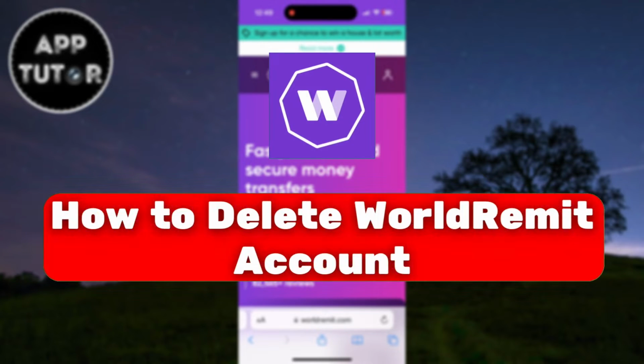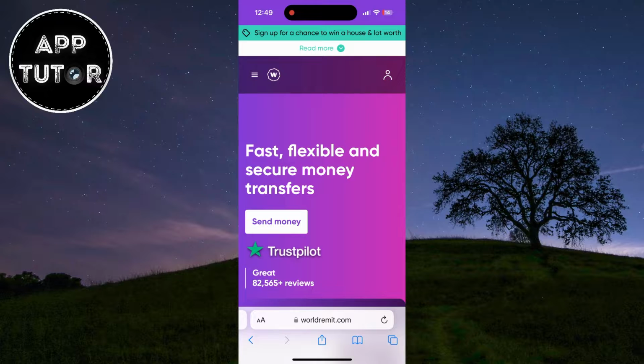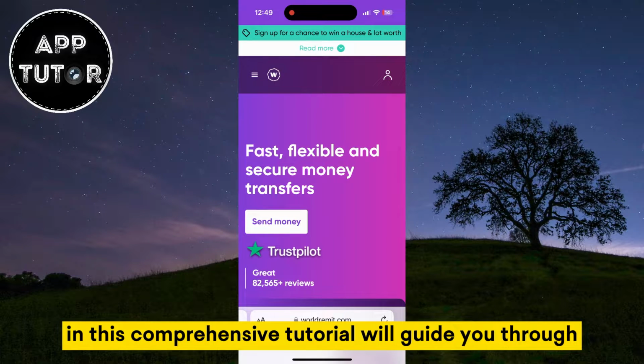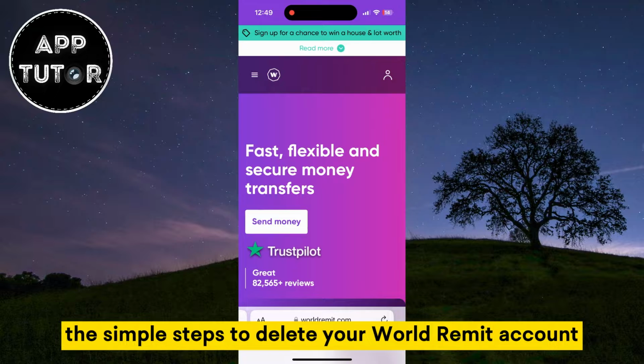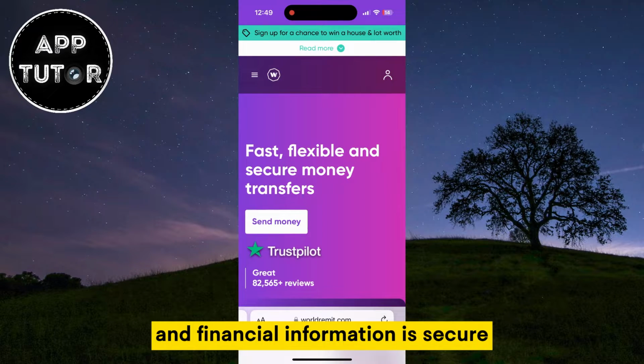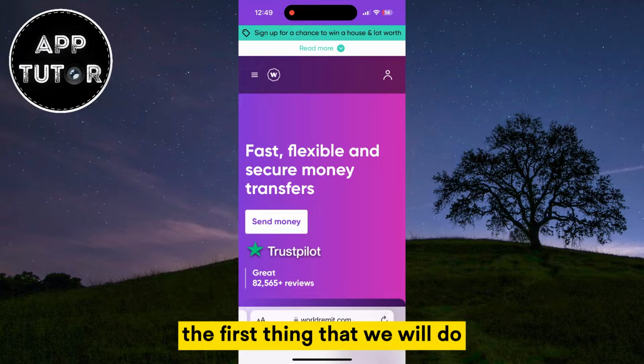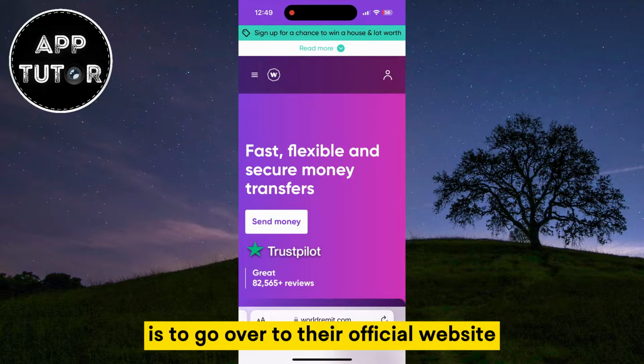Are you looking to close your WorldRemit account and want to know the step-by-step process to do it safely and efficiently? You've come to the right place. In this comprehensive tutorial, we'll guide you through the simple steps to delete your WorldRemit account, ensuring your personal and financial information is secure. The first thing that we will do is to go over to their official website, and